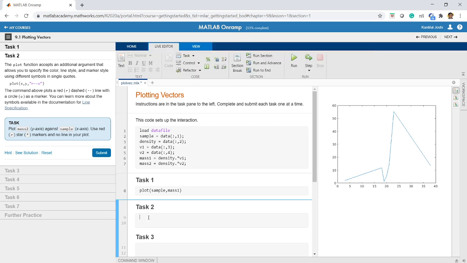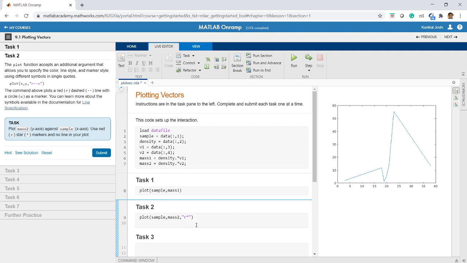So I'll use the command plot, I'll write sample on the x-axis, mass 2 on the y-axis, and in quotes I'll write r, which is for red, and star. So I'll simply write 'r*'. Let me check whether this works.